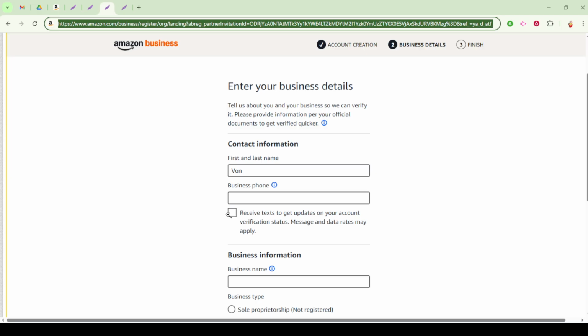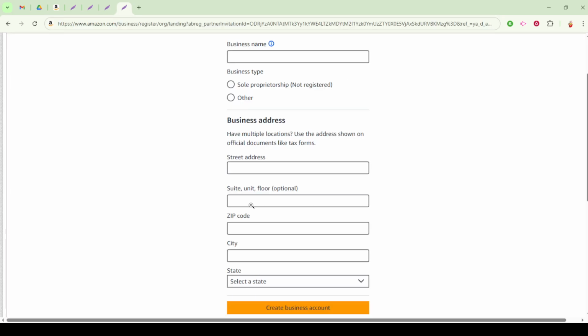After you've breezed through the authentication, the next task is to provide your business details. These details will include your business name, address, phone number, and possibly other relevant information like your company's registration details or tax identification number. Take your time filling in these fields accurately because these are the details Amazon will use to verify your business. Ensure that the information matches any official documentation you may have, as this will streamline the